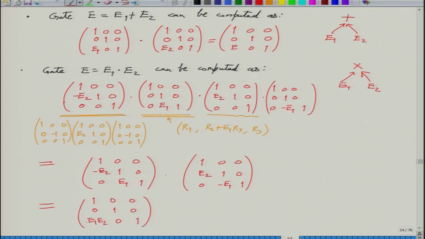So believe it or not, you will get this, right? Even E2 you will get in the bottom left corner when you multiply these two. Why didn't we take two matrices, like if we take E2 to be in position 2, 1? Let's suppose there is a matrix in which E2 is here, and the rest is the same: diagonals are 1, 1, 1, and the rest is 0.